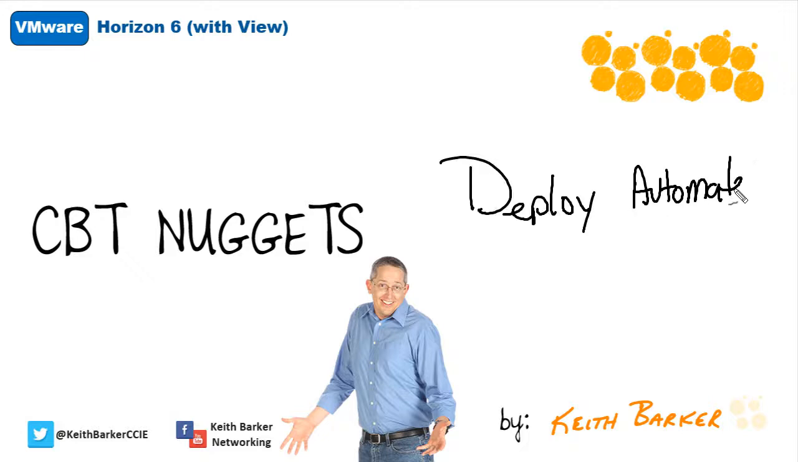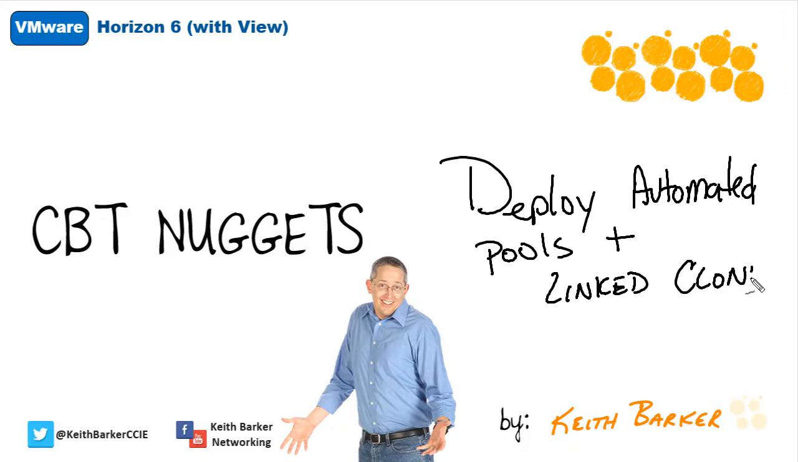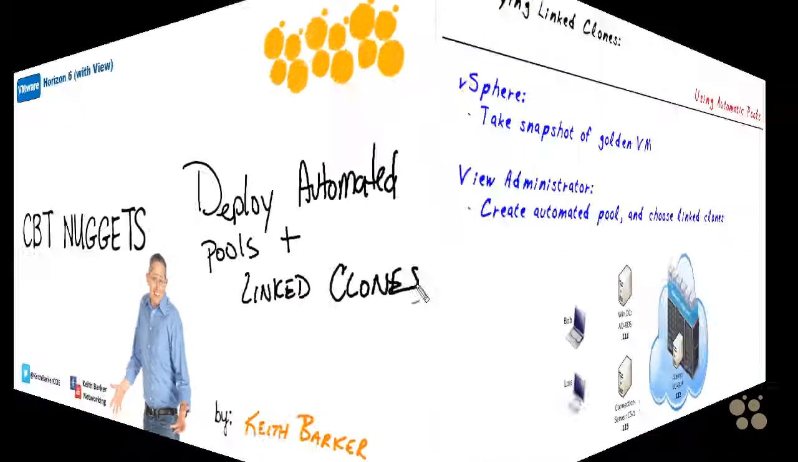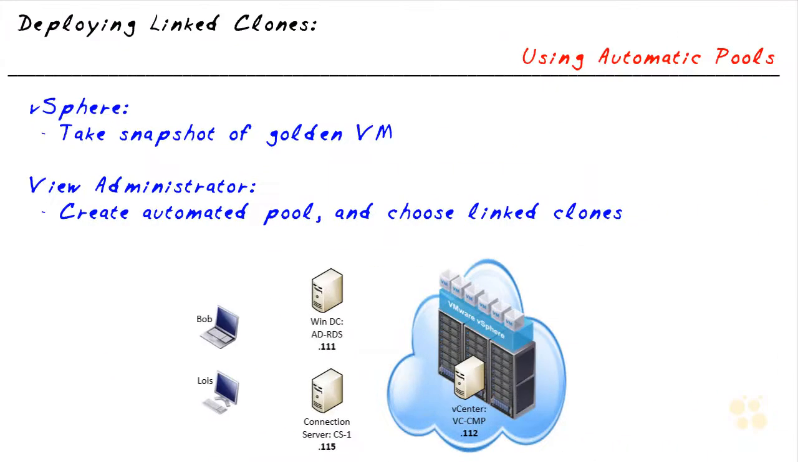In this nugget, you and I get to deploy linked clones using an automatic pool. This will save us disk space and deployment time. Let's begin. One of the prerequisites for using linked clones is to make sure we have Composer up and running